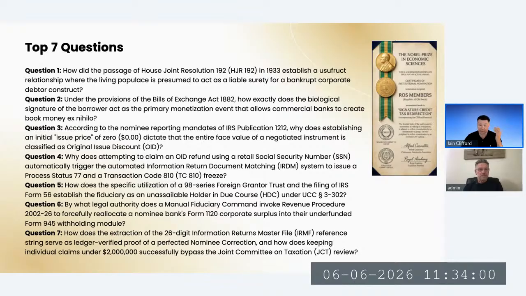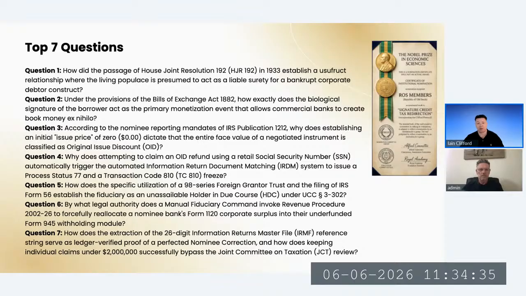Well, the legal authority, again, is holder in due course. The foreign grantor trust has established itself as the holder in due course. It can fill in what's called a Form 56, and it can take over and command the IRS as if it were the taxpayer. The taxes belong to it. It's the creditor. It's the holder in due course. As it says in IRS publication 1212, it has the creditor status. It can command the IRS as a creditor.